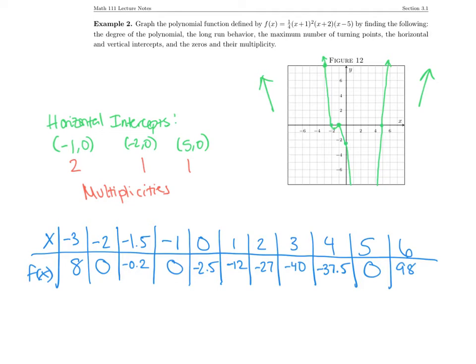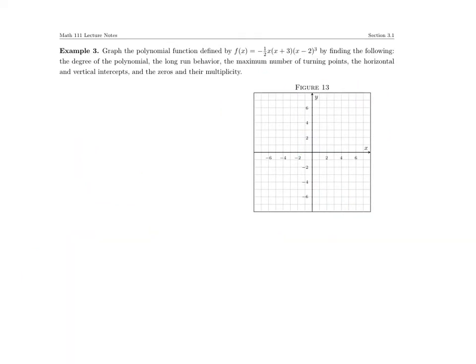Now we're going to do one problem all the way through. Example number 3. So we are going to find all of its features and graph it. The first thing I'm going to look for here is the degree. Now this is going to be a little bit tricky because I can see over here we have a multiplicity of 3, so we're also going to practice graphing that. We have a multiplicity of 1, and then we even have another factor, which is right here, the x by